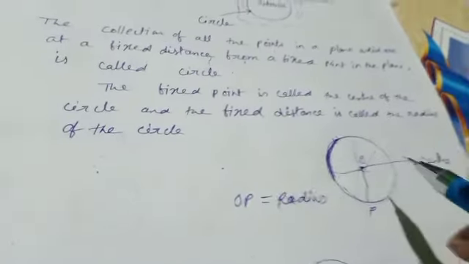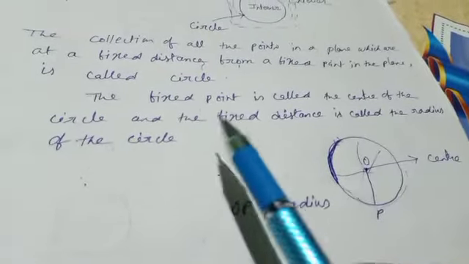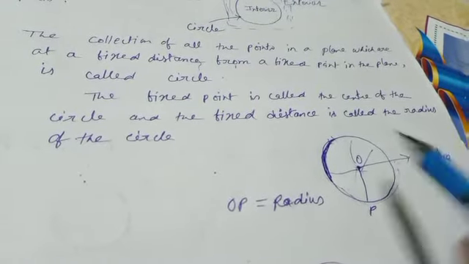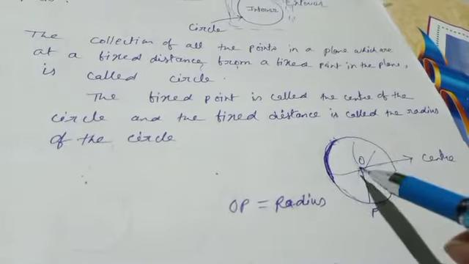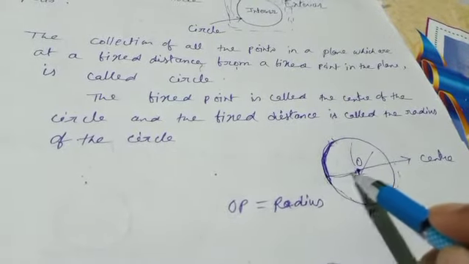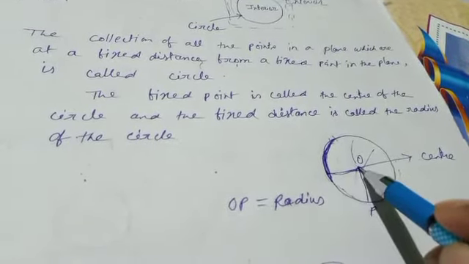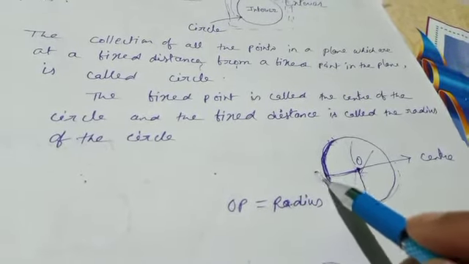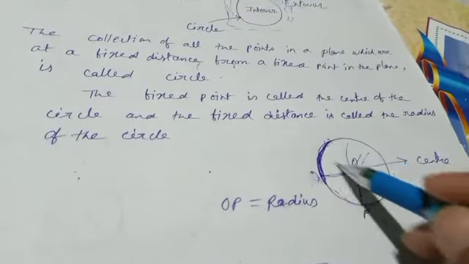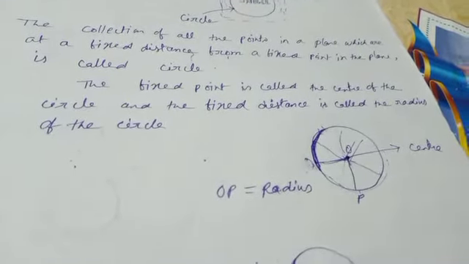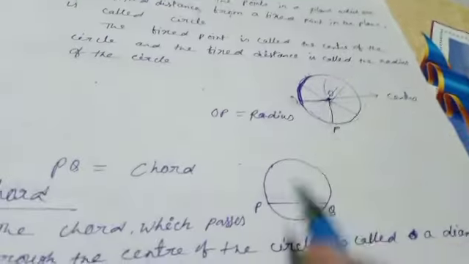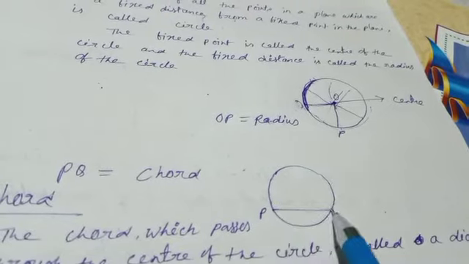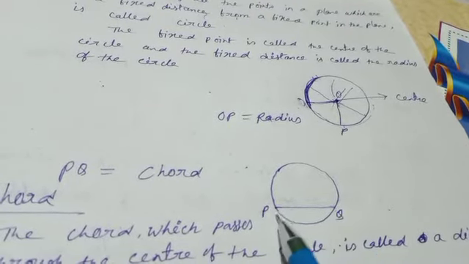Clear? Now, here the fixed point is called the center. This is called what? Center of the circle. And the fixed distance, this distance from the center to the circle, is called what? Radius. Suppose here OP is radius, or if you name this point Q, then OQ is also radius. I mean, this fixed distance is the radius. Okay. Next, in a circle, if you draw a line segment, this one PQ,